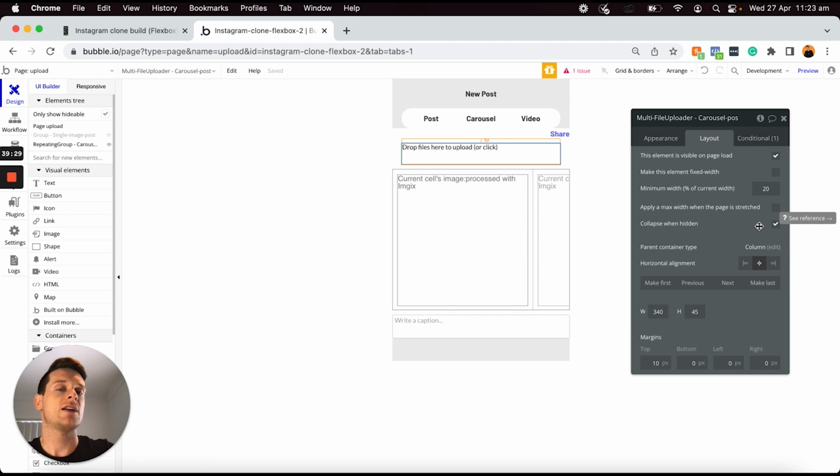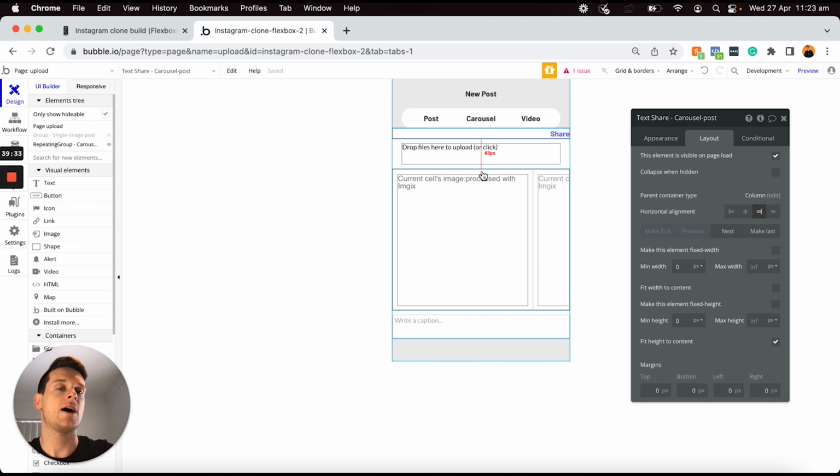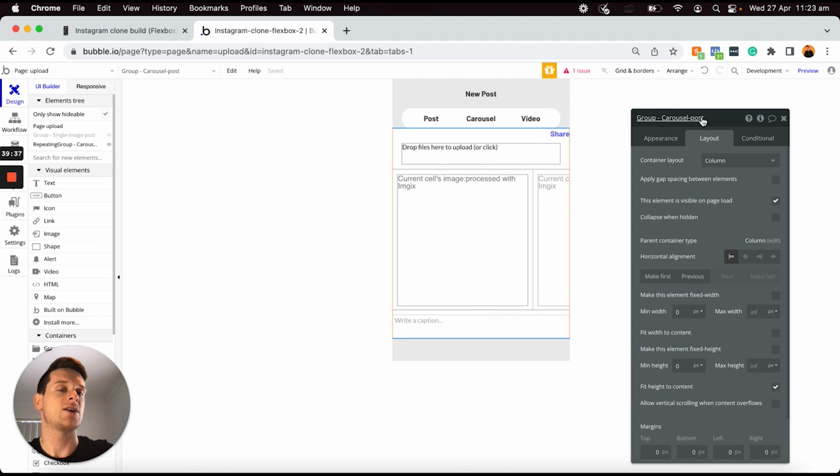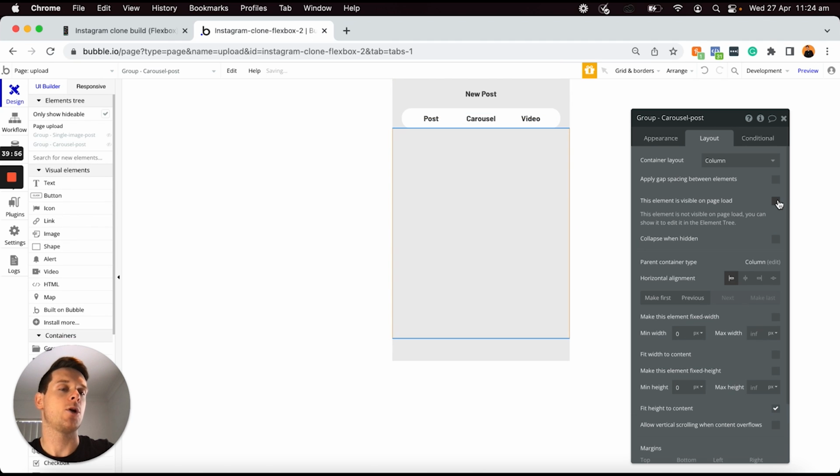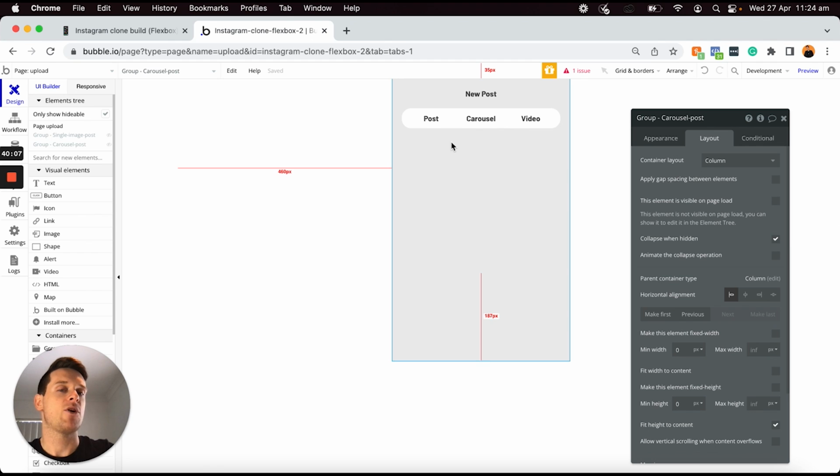And then finally, we're going to need to create a similar condition onto our overall white group here. So if I was to select our group, our group carousel post, of course, I'm only going to want this group to be displayed when a user selects that they actually want to publish a carousel post. And so by default, this group should not be visible on page load. And when this group is hidden, I would also like to collapse its height. And what you'll see is that it will now be hidden on our page, but I'm not quite done with